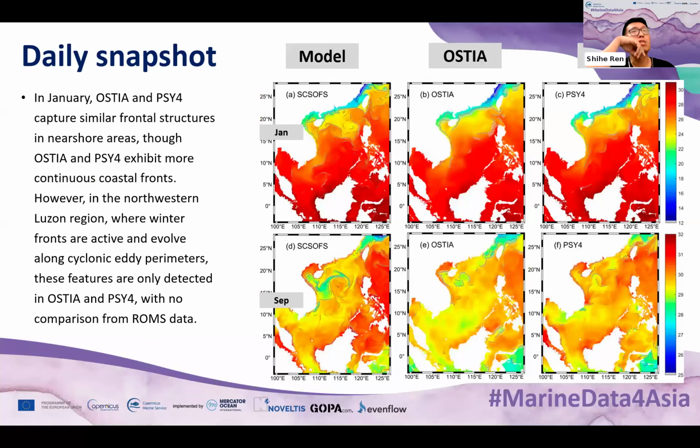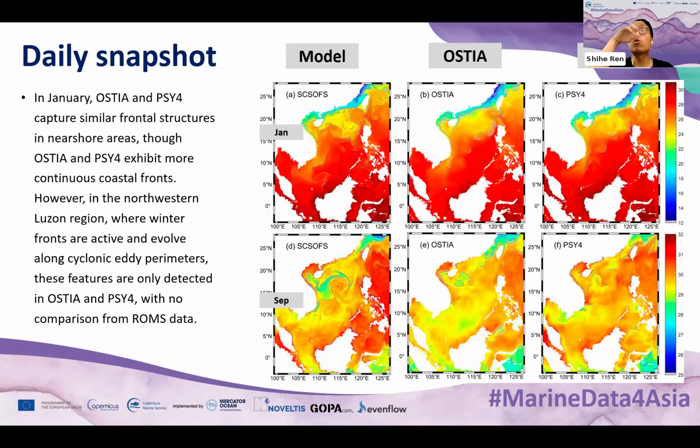This is for the daily snapshot in the typical read seasons, January and September. For this we also add the model data of center based on the ROMs with 130 degrees, which is also very high resolution model data. So we can see in January, Austria and glories capture similar front structures in the near shore, but the